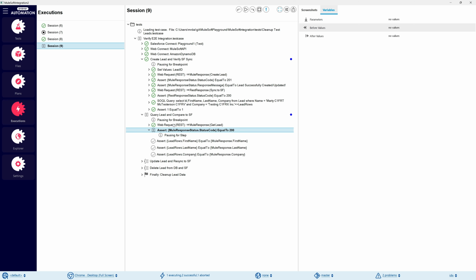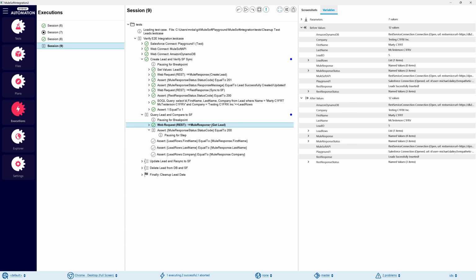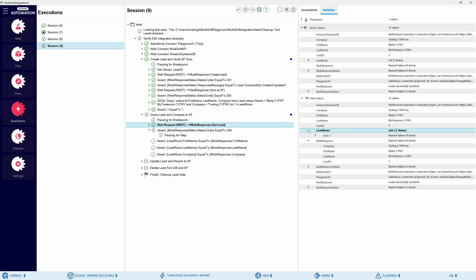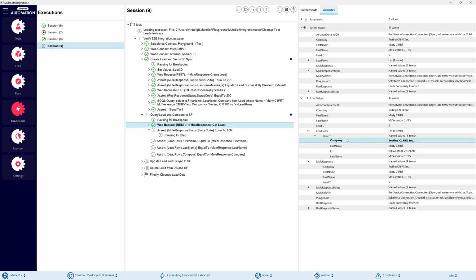the scenes, we can see our web request, which gives us a Mule response. And this is the lead that's been queried here. So we can see it's broken down by the different fields. So we have company, first name, last name, and lead ID. And then we're going to just compare all this data to our lead rows, which has been pulled in from our SQL query in